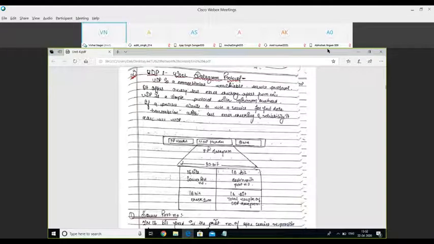When we study the TCP protocol, in this place we'll have the TCP header. The difference is that TCP follows connection-oriented and reliable communication, whereas UDP follows connectionless and unreliable communication. So this is the difference between the two.